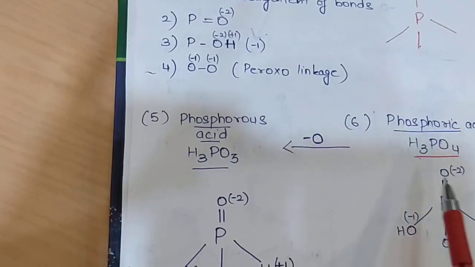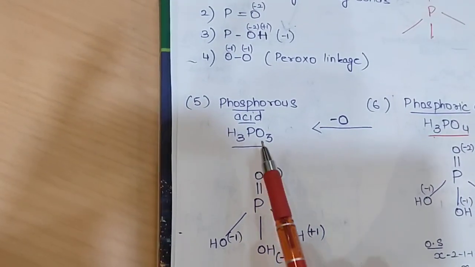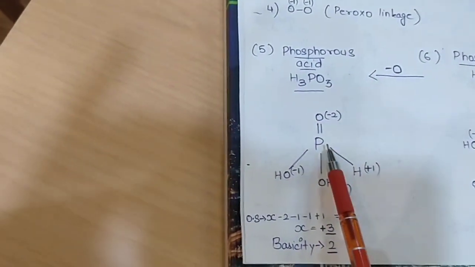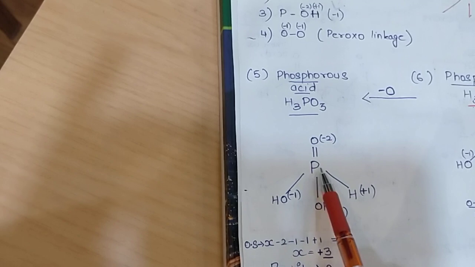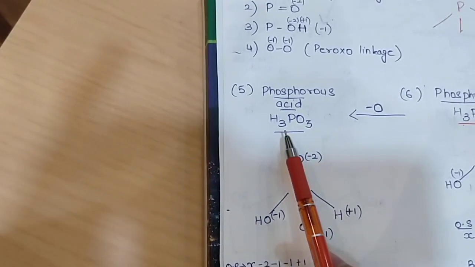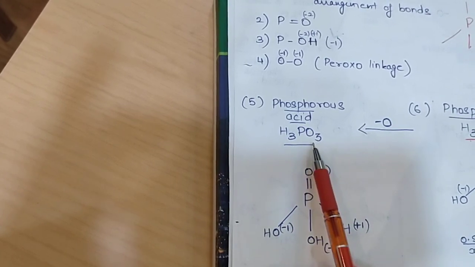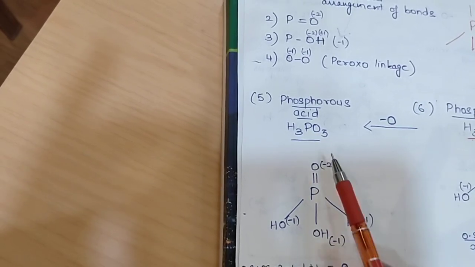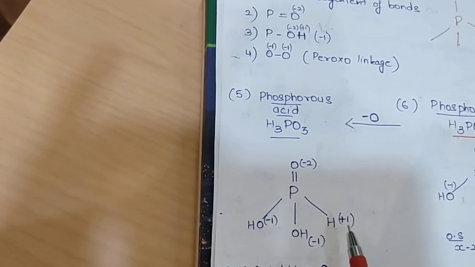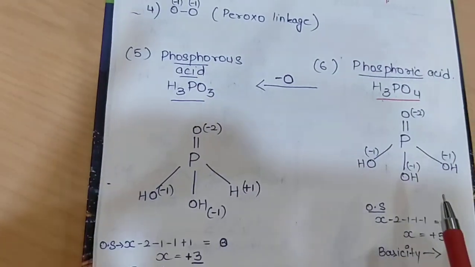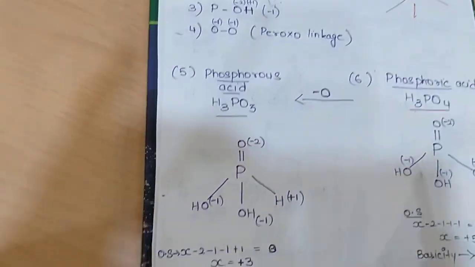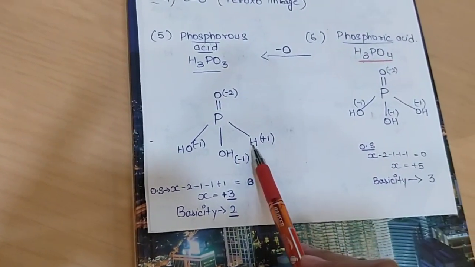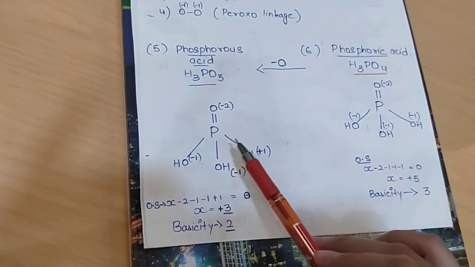Also when we remove one oxygen from this phosphoric acid, it becomes phosphorus acid, which has the formula H3PO3. Here also one mandatory P double bond O bond is there, and one OH group is there. What are we left with? We are left with 2 hydrogens and 1 oxygen. One hydrogen and oxygen will be present as an OH group and the other hydrogen will be present as H. So if we start with phosphoric acid and subtract 1 oxygen, we are just removing 1 oxygen from this group and it is getting converted to hydrogen. The rest of the structure is the same.